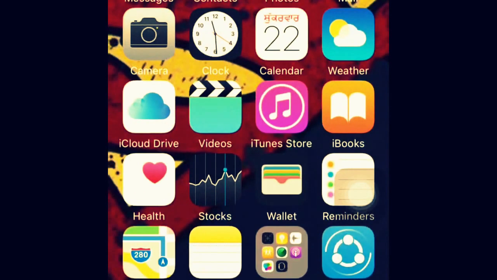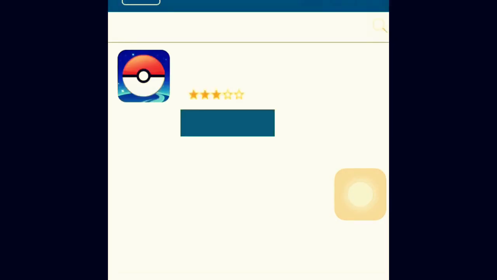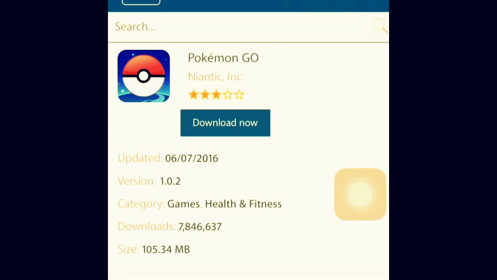Also, I will show you that my iDevice is running iOS version 9.3.2. So let's get started. I will show you how to install Pokemon Go on any iDevice without changing your region or jailbreaking your device. It's just a simple way. You have to go to the site given down below in the description. It will take you to this page, that is ios.hipstore.mobi, and it will show you that it is Pokemon Go by Niantic.